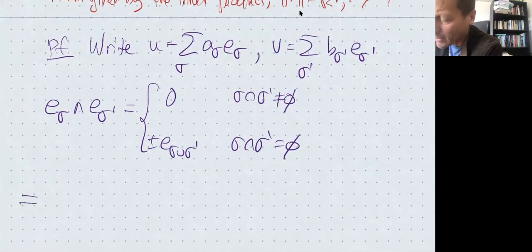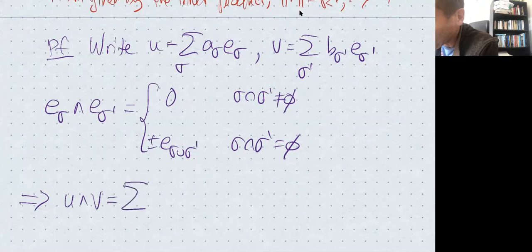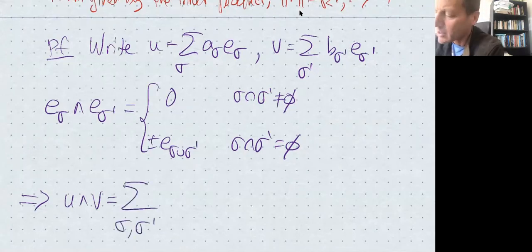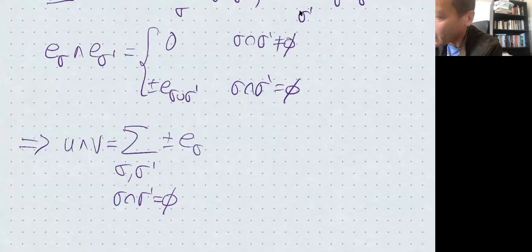And so this implies that the exterior power of U and V is the sum over all pairs sigma, sigma prime which satisfy that their intersection is trivial, plus or minus E, I'm sorry, plus